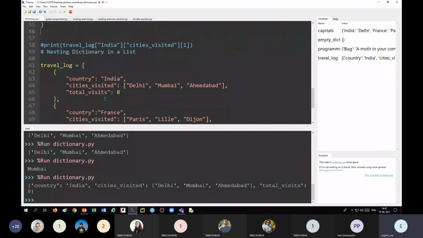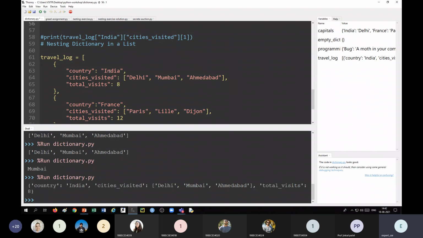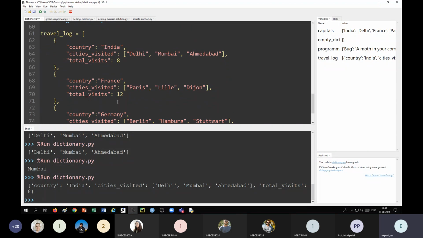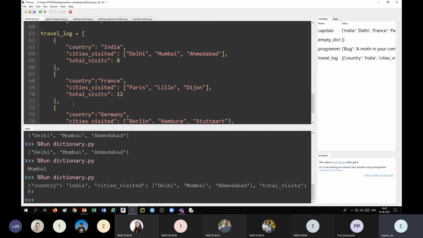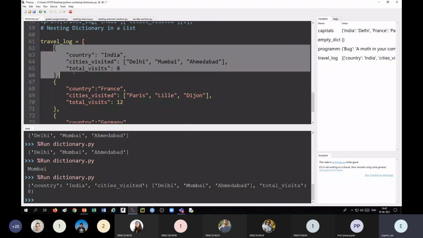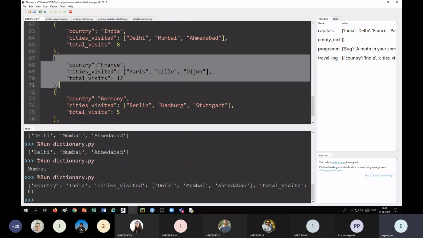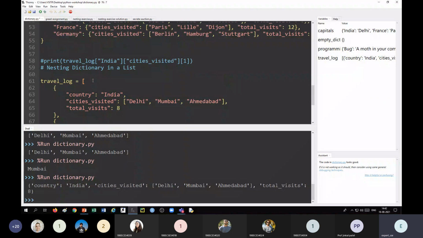I will take three dictionaries. Say country is equal to India. So country is a key. Its value is India. Cities visited is Delhi, Mumbai, Ahmedabad, and total visits is equal to 8. I have written these three elements separately so that it can easily be readable. So here one dictionary, two dictionaries, and three dictionaries. All these three dictionaries I have put in a list.